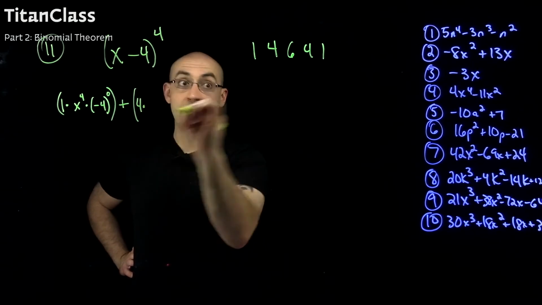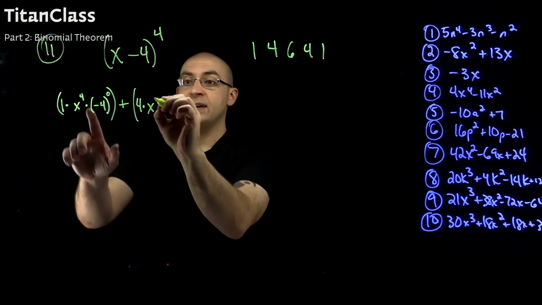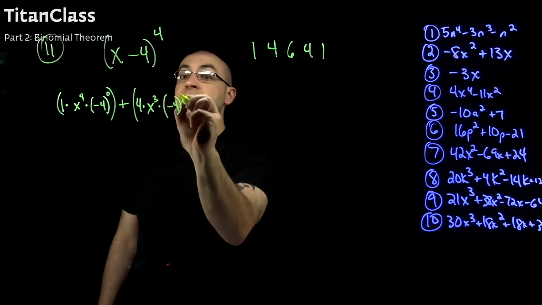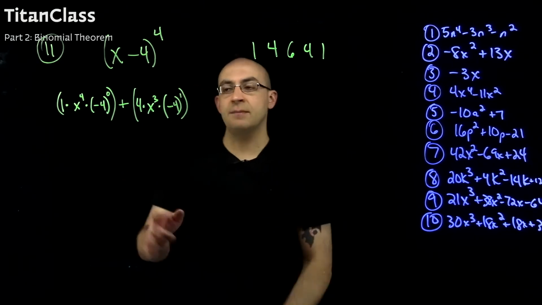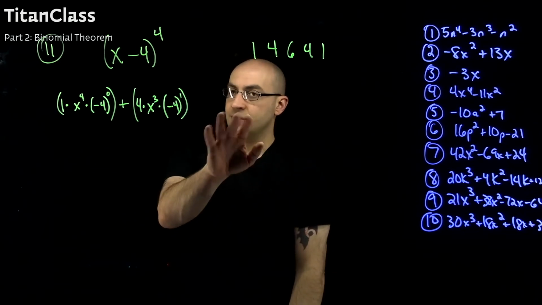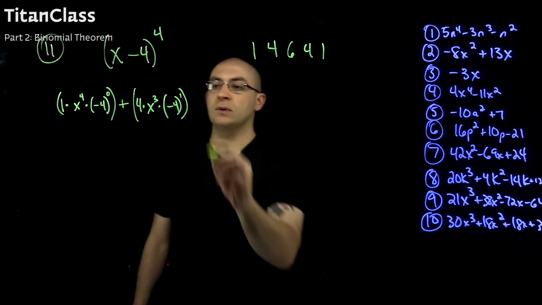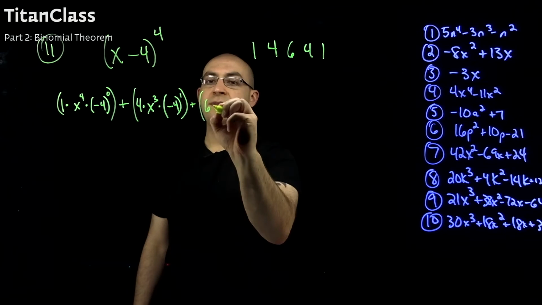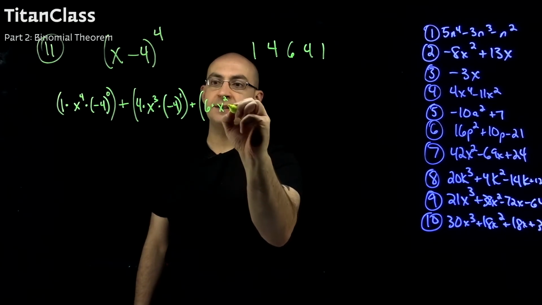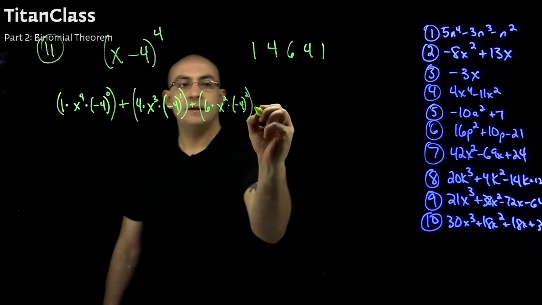This is going to be a 4, right, because the next coefficient, times x to the 3rd now, right, because I'm going to go down one level, times parentheses -4, now it's to the first power. So you see what I mean? X to the 4th, then x to the 3rd. Obviously, next will be x to the 2nd. -4 to the 0, -4 to the 1. So they just really flip-flop in the order. Plus, next value of the coefficient is 6. X to the 2nd times -4 to the 2nd there. Okay. Plus,